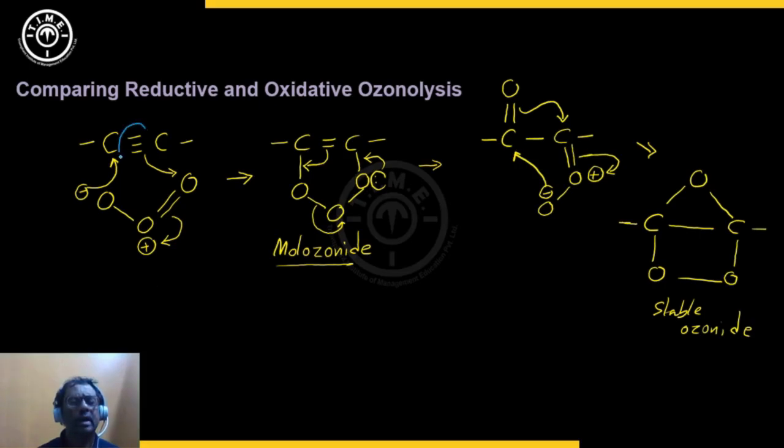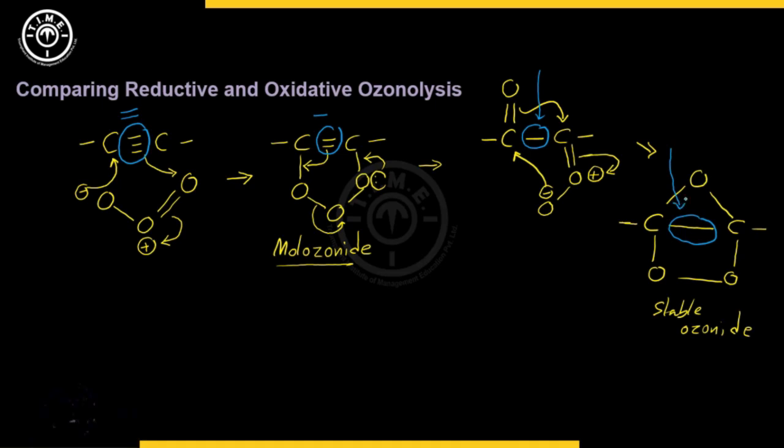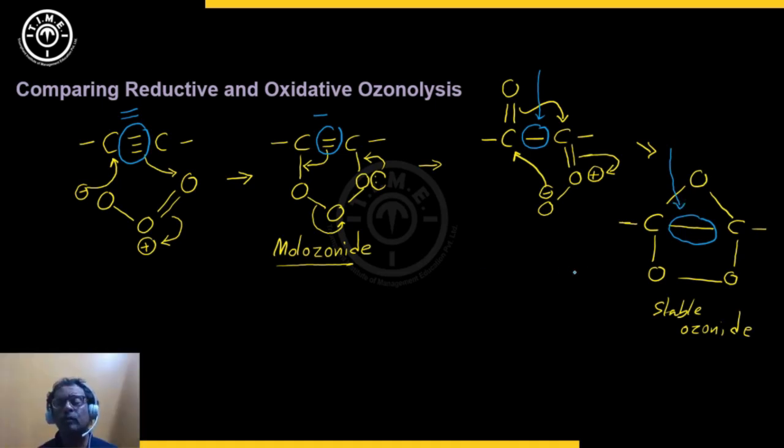Because we had a triple bond here, it became a double bond here, it became a single bond here, and it remained as a single bond here. Correct? Suppose I had only a double bond there, I would get a single bond here, no bond here, and I would not have any bond here. So now, if I am going to form a stable ozonide of an alkene, I would get C with